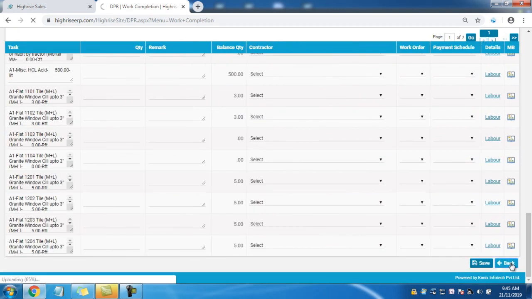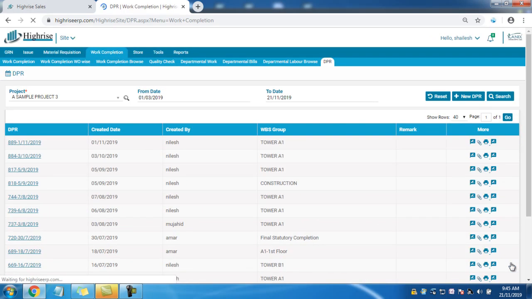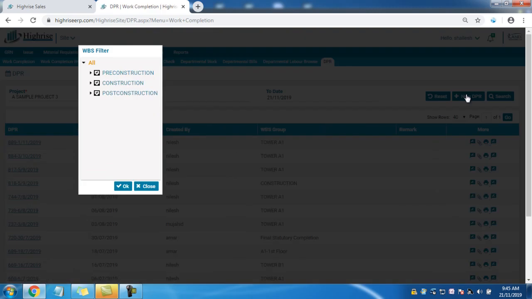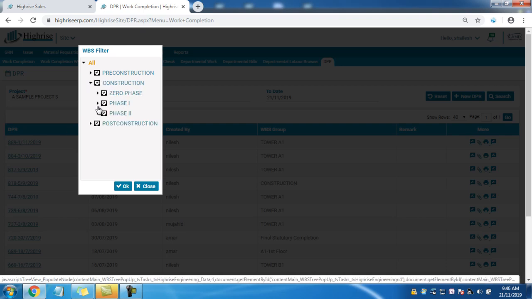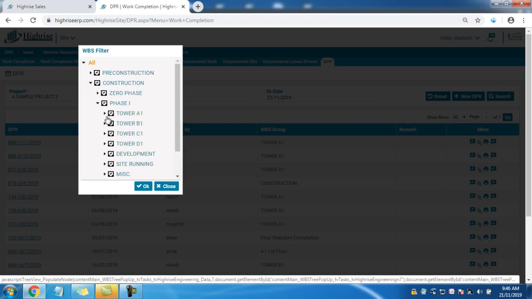Here is the back button if you want to go back to the main page. Now, how to create a new DPR? The process is very simple. You have to click on new DPR. When you select a new DPR, the first thing it will ask is to select a task group. DPR can be entered for task groups. Right now I am entering DPR for one task group, which I select here